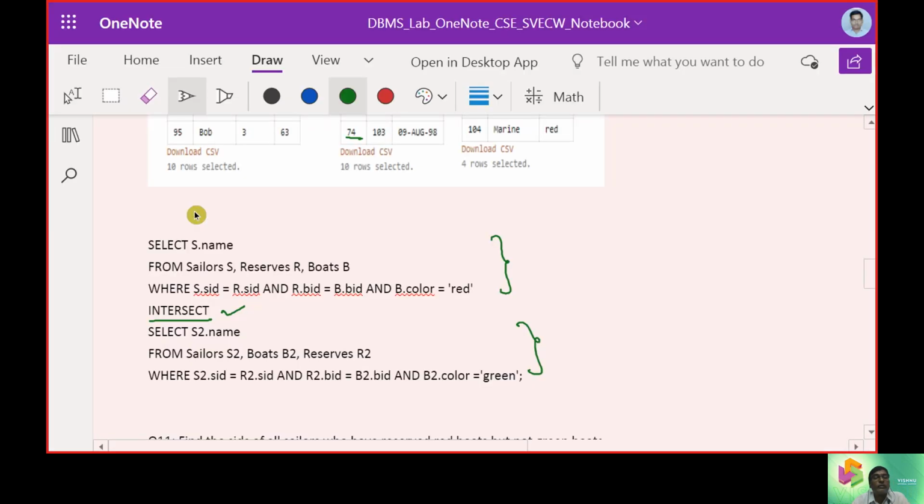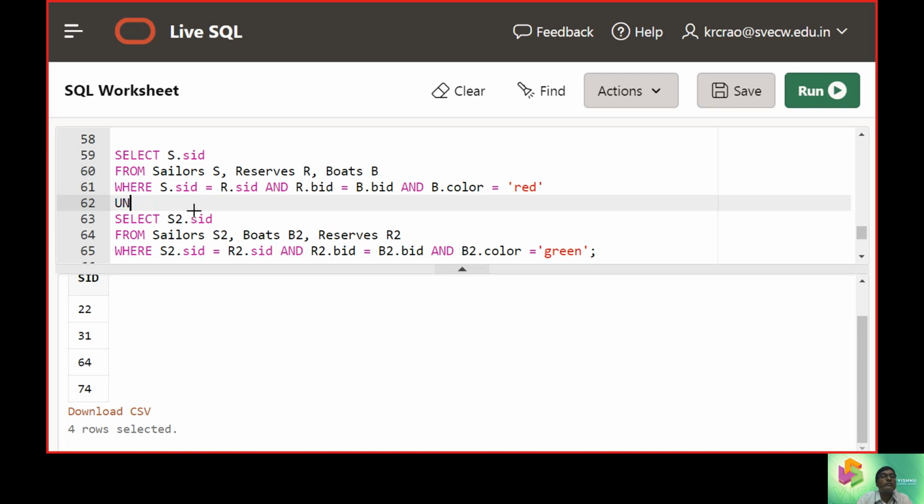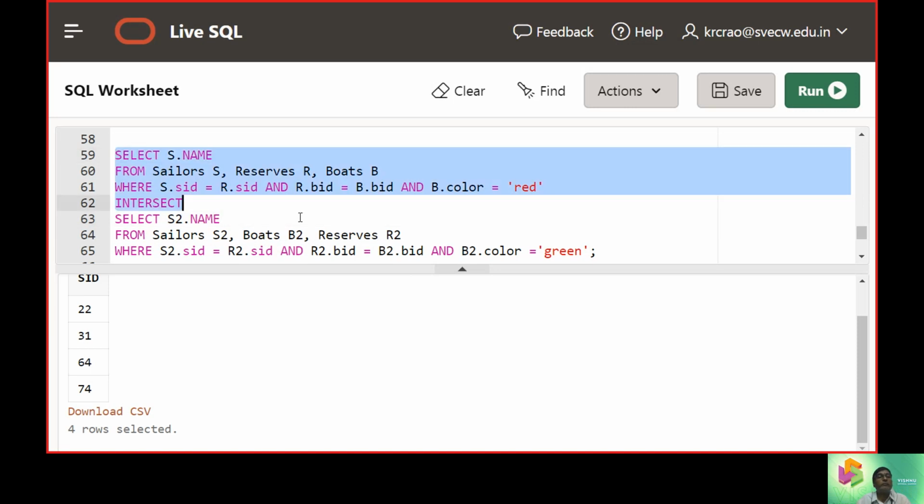Instead of union, we will replace it with the intersect keyword and just see, we can display the name, and similarly we can replace here also with the sailor name.